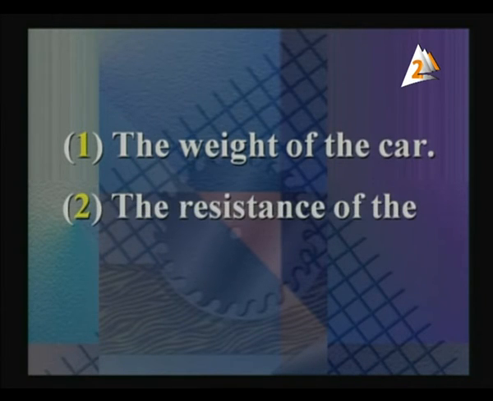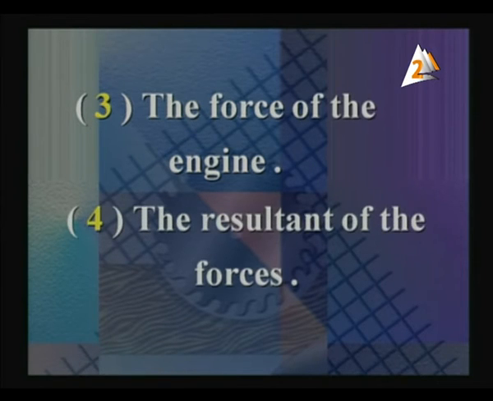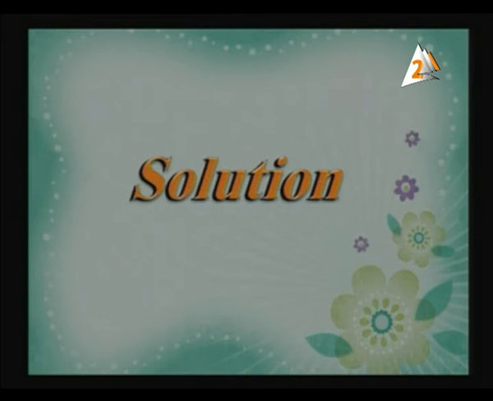Number 1, the weight of the car. Number 2, the resistance of the road. Number 3, the force of the engine. And the last one, number 4, the resultant of the forces. As solution, we say that